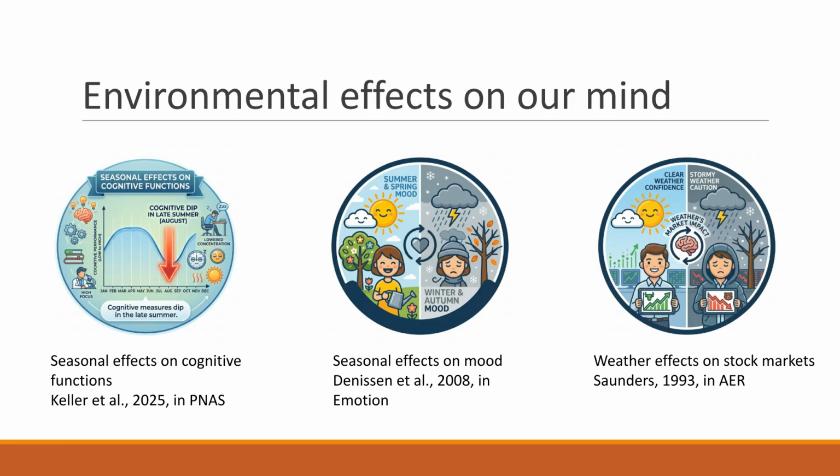So why look at the weather? As you likely know from personal experience, the weather and changing seasons can affect our cognitive functions and our mood. Studies support this. Cognitive performance often shows a summer dip in August, and our moods fluctuate, leading to conditions like seasonal affective disorder in the winter. On a macro level, even the stock market correlates with the weather, likely because individual traders' moods and confidence are collectively driving fluctuations in market prices.